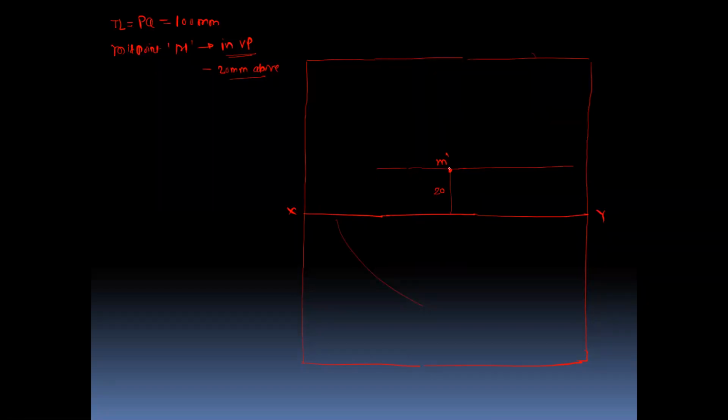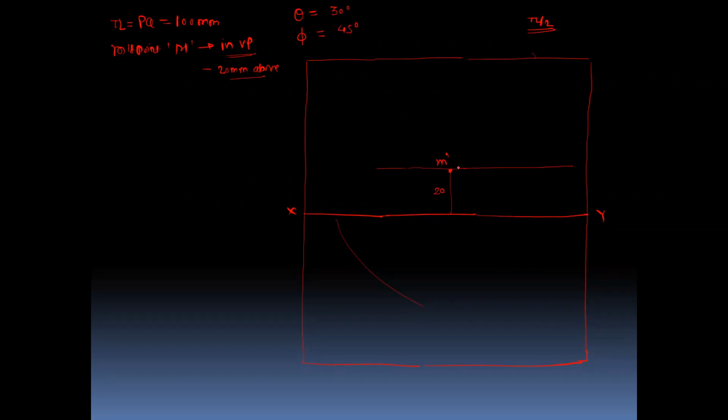Now make the line parallel with the vertical plane. So on the vertical plane, we can observe the true length. Okay. So take the distance, which is the true length upon 2, because from point M dash we will mark the half distance of the true length. And the true inclinations given in the problem: one is theta with respect to HP, which is visible in the front view, that is equal to 30°, and the true inclination with the vertical plane, which is visible in the top view, that is equal to 45 degrees.